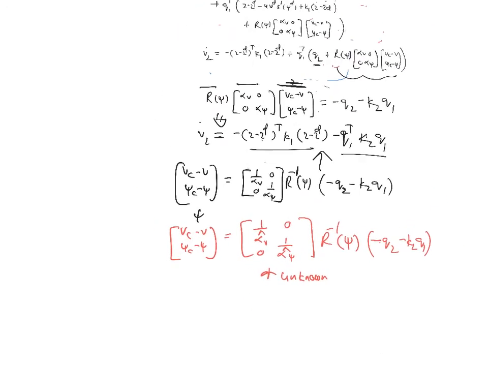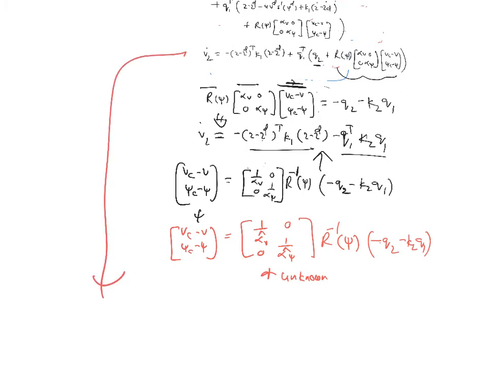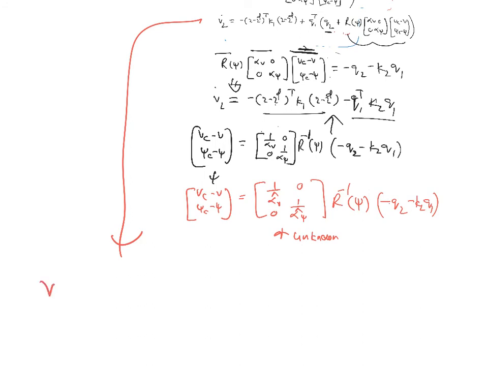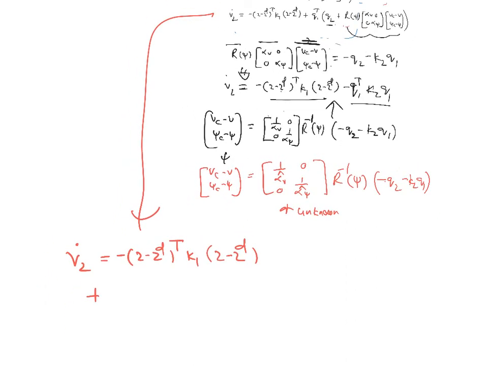So now let's plug that back in, because it's not the case. What we can do is add and subtract that term. So we just rewrite this part here, V2 dot. V2 dot equals minus Z minus Z desired transpose K1 Z minus Z desired plus Q1 transpose Q2 plus R psi